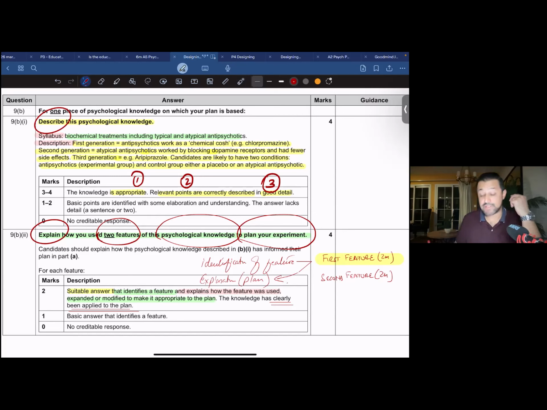Now, this brings in clarity for the examiner. The examiner knows, okay, yeah, so this was the first feature. It has been identified and explained and linked to the study, and you, of course, have to link it to the study. Do not expect to get marks if you're not linking it to the plan that you're putting forward. Okay. Now, taking this ahead,